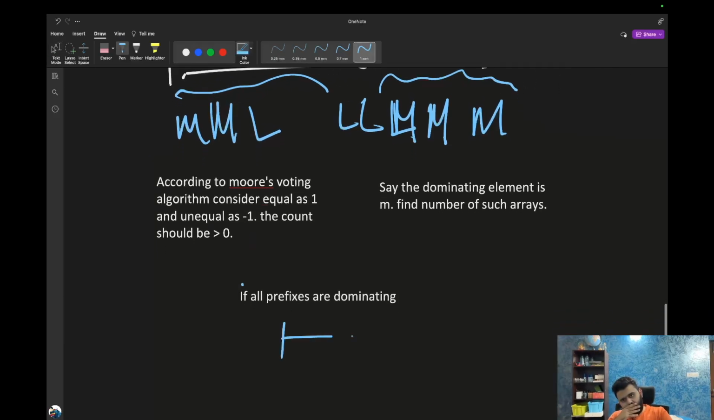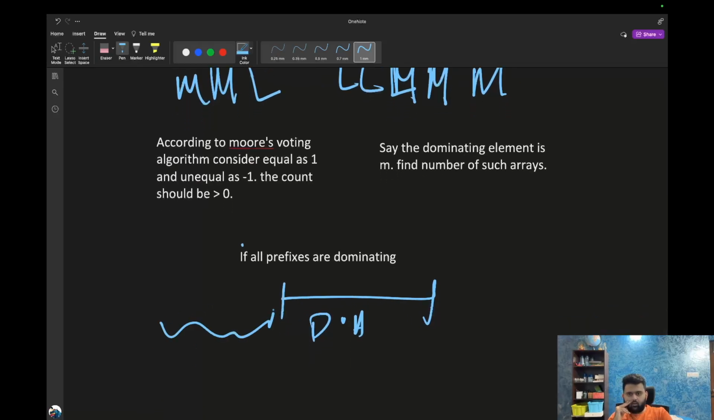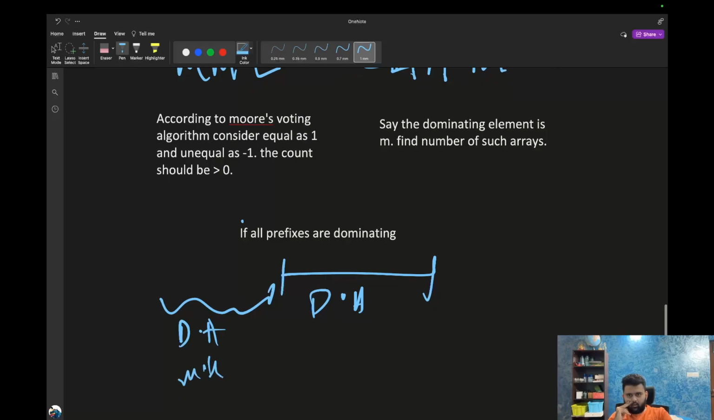So if you have a dominating array, so if your DA with end count greater than, also greater than 0,